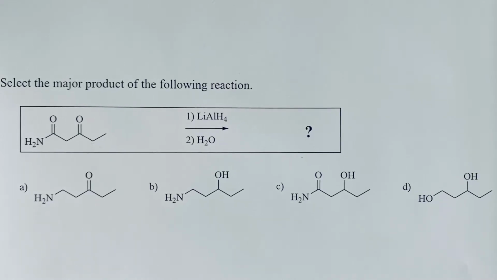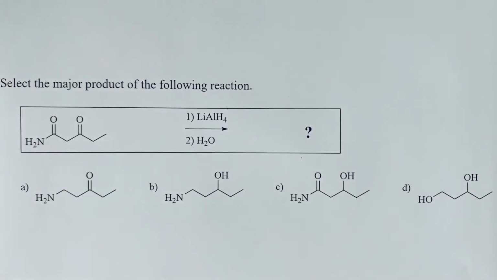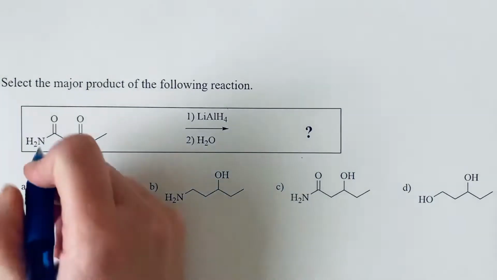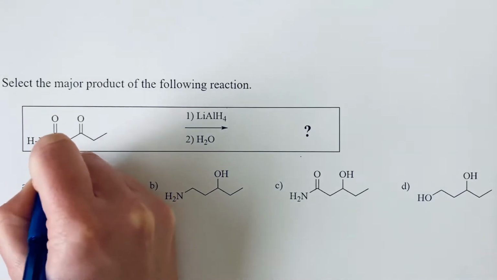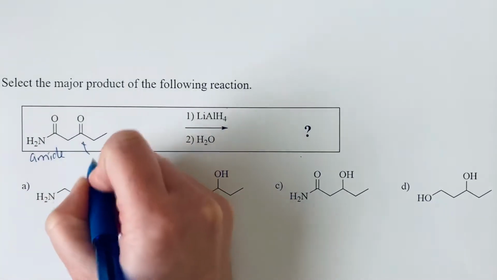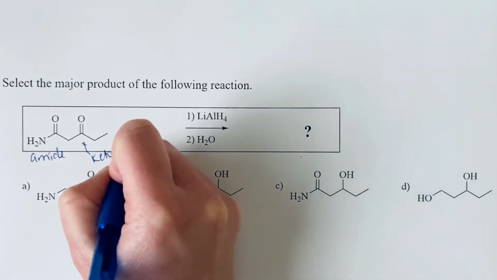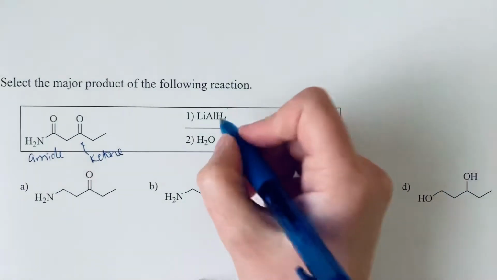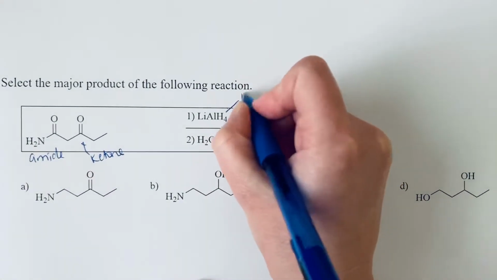Select the major product of the following reaction. So if we take a look at our starting material, we see it contains two functional groups. So we can see that we have an amide, and we can also see that we have a ketone. And then we want to see what we're reacting this with. So we are adding in lithium aluminum hydride,